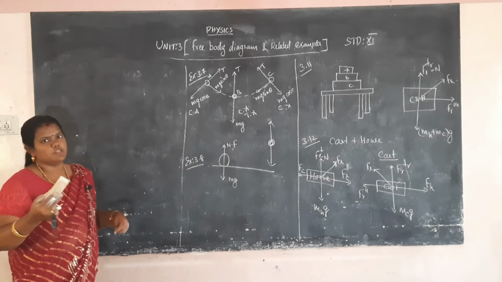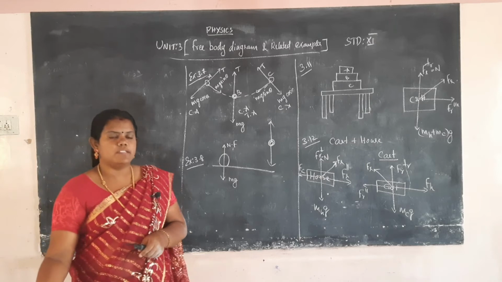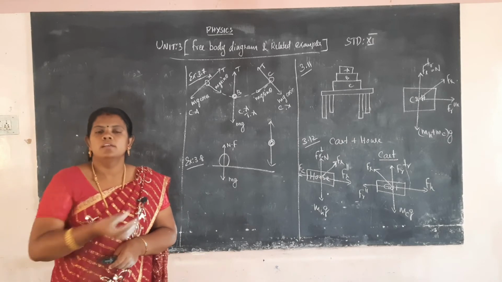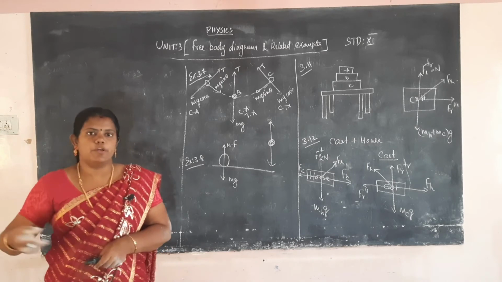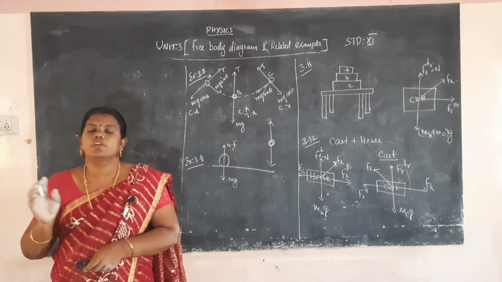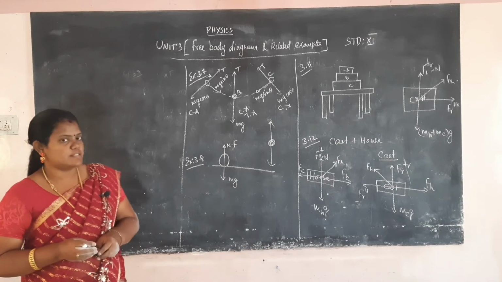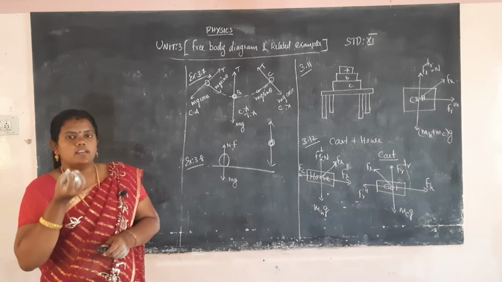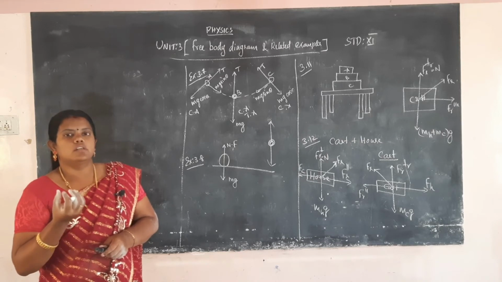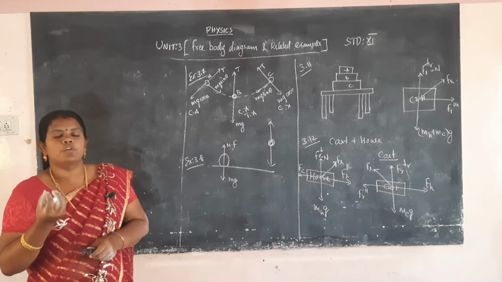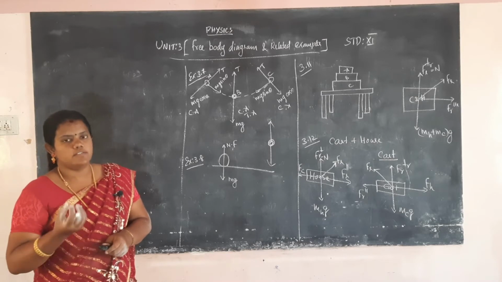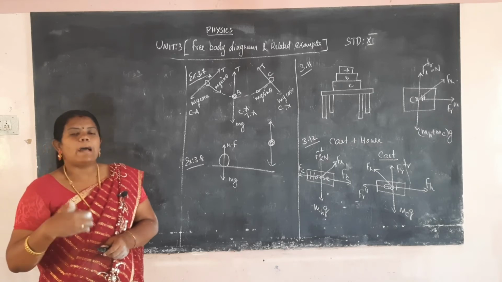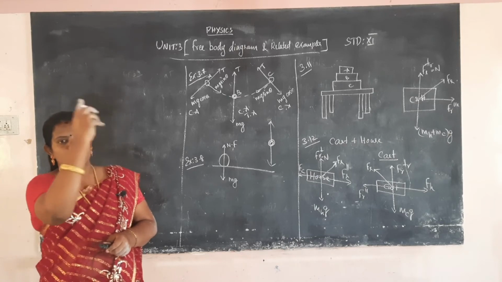It is a simple pendulum. Already you know what a simple pendulum is. One bob is attached to a thread. The bob moves in a to and fro motion, and one oscillation is produced. We find the time taken for 10 oscillations. That is the simple pendulum experiment. The bob is attached to the thread and acts downward, so first we calculate the downward force, and then the bob gives the upward force to the thread.